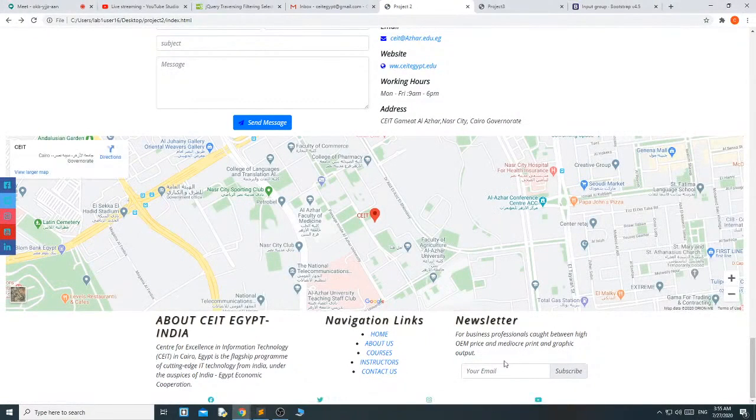See, it aligned properly. Okay, in HTML itself I have done the alignment.